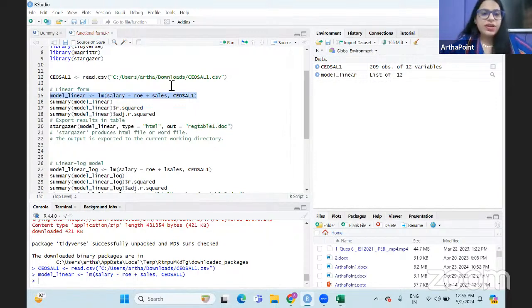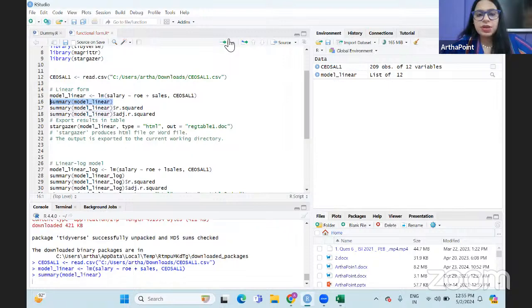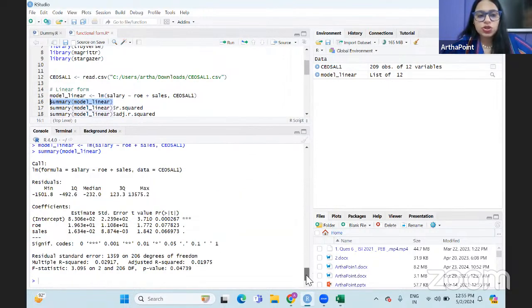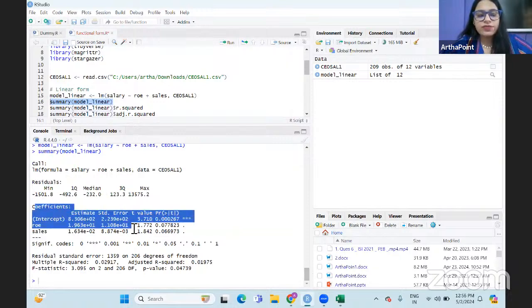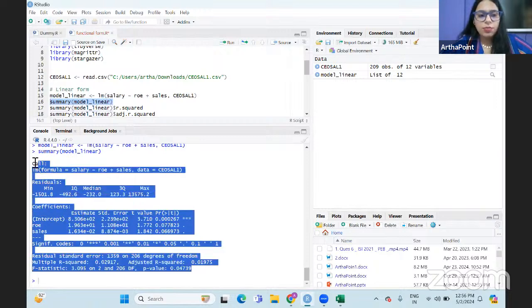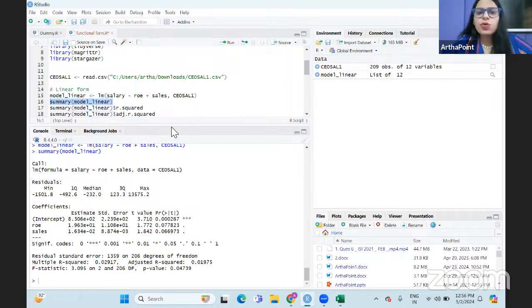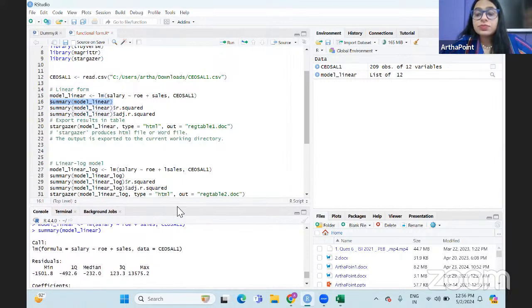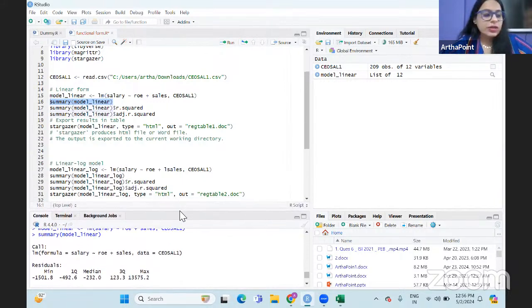What you can go ahead and do is you can see the summary of this model. तो अगर मैं summary को run करूंगी, I will be able to go ahead and see a summarized version of this model. देखो, I am able to find the residuals, the coefficients, the significance, everything is coming in the summary of this model. But I can go ahead and get this summary in the Word document. So I will just do that, but I can also just find out the R square value of